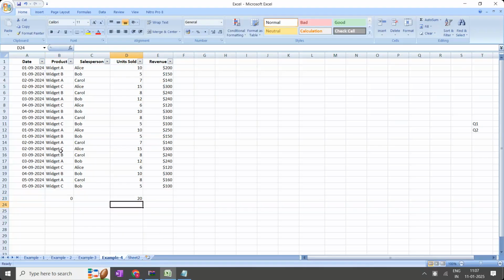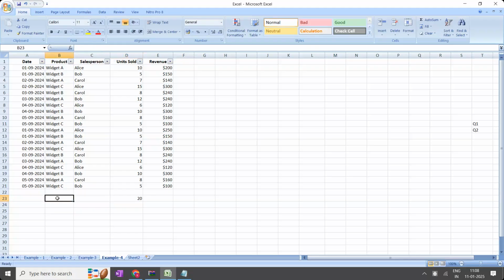But when you try to apply it on text data, that is categorical data, it throws 0. Here the function you have to use is COUNTA: for categorical data, COUNTA; for numerical data, the COUNT function. It gives the total number of records. I have already explained COUNT and COUNTA earlier.